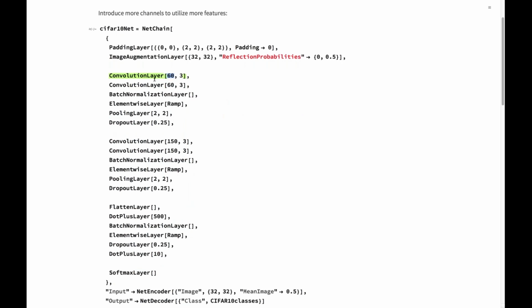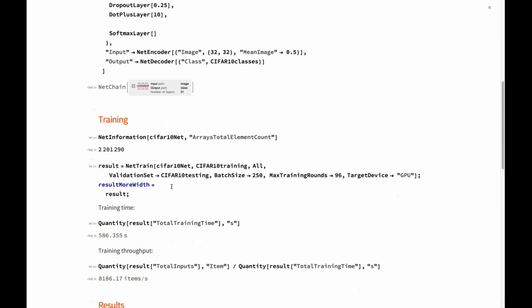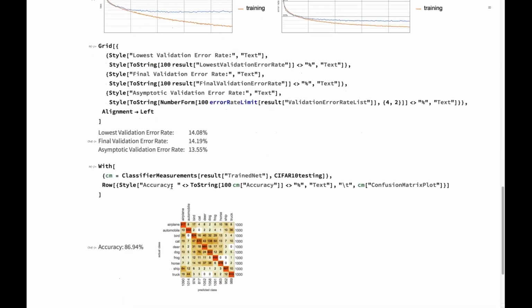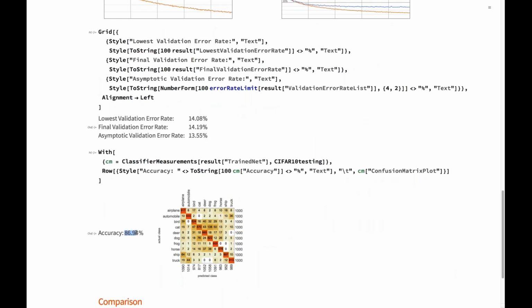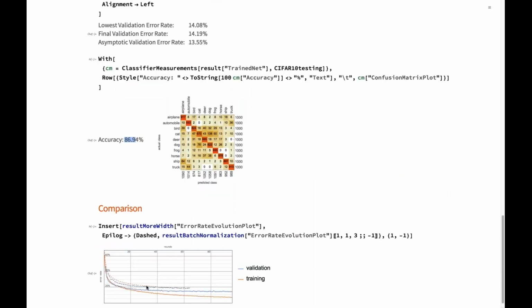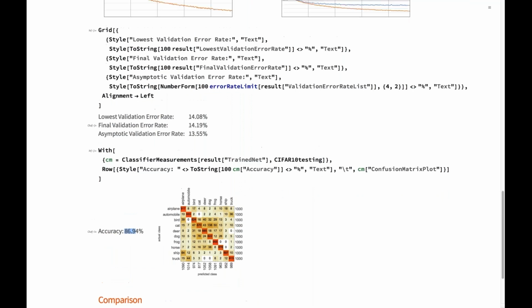But basically, just increasing the number of channels can give you quite a boost, going up here now to an error rate of just 14%, or getting up to 86, 87. And here you can clearly see this was a previous learning curve, and now we are definitely almost 4 or 5% under that. So that's one way to go.